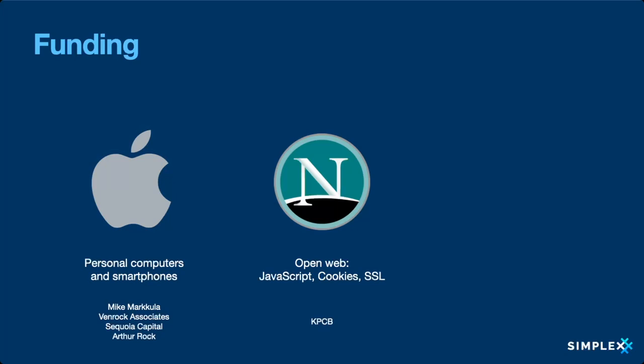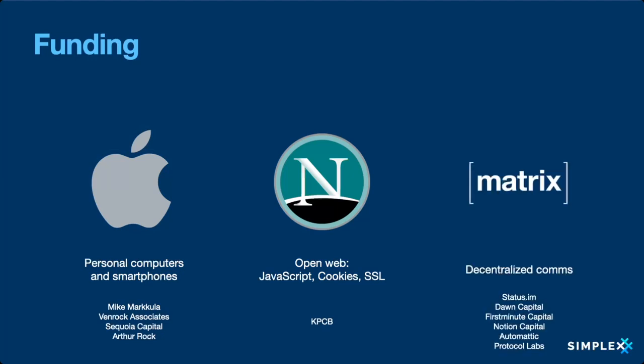And obviously at the time there were about 30 startups who were also building browsers, who were also venture funded. But it was Netscape who created all these critical ingredients for the web to become an application platform. And the last but not the least, Matrix is also, like, obviously not Matrix, but Element or Vector.